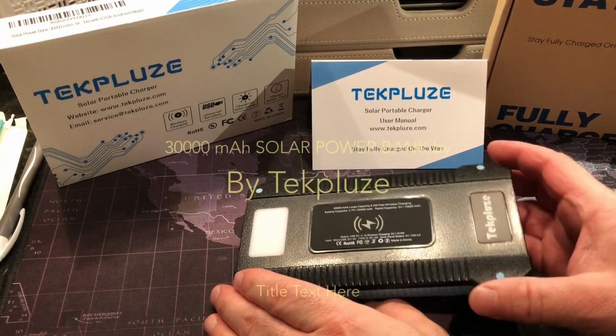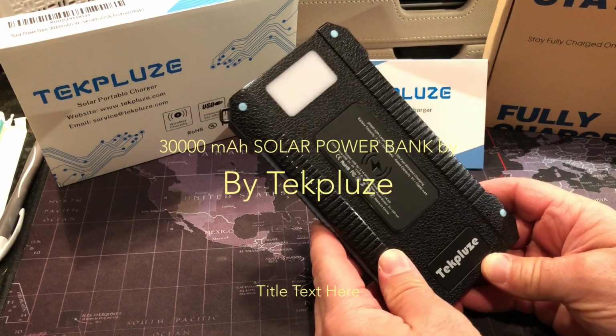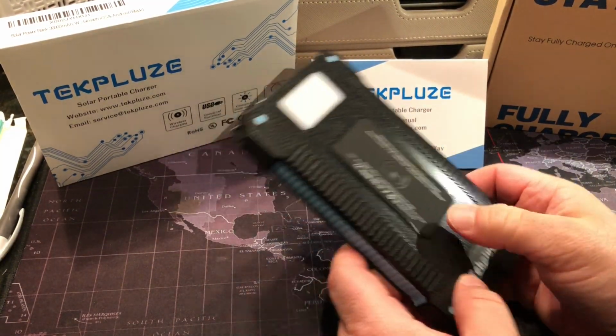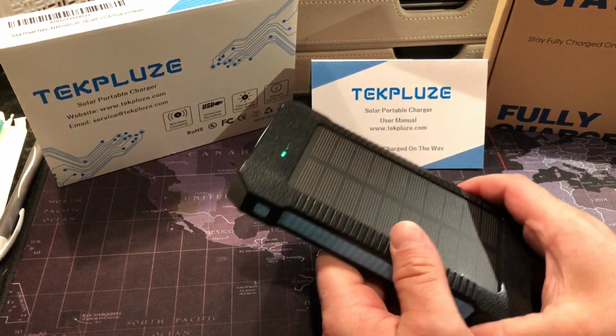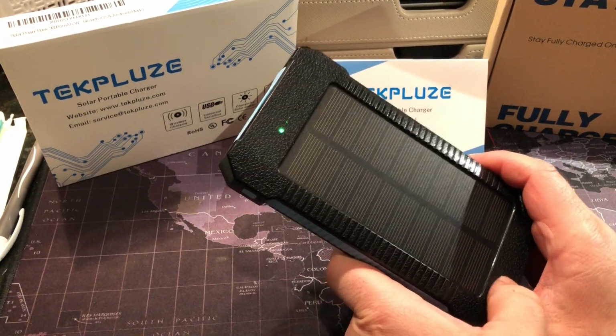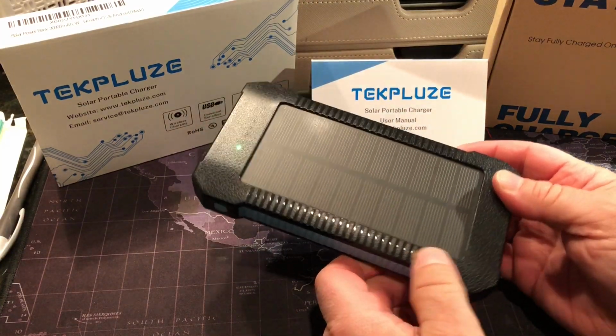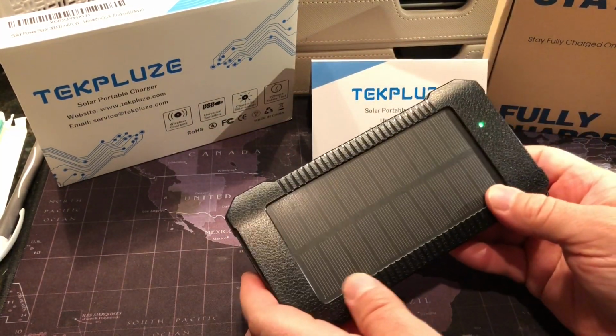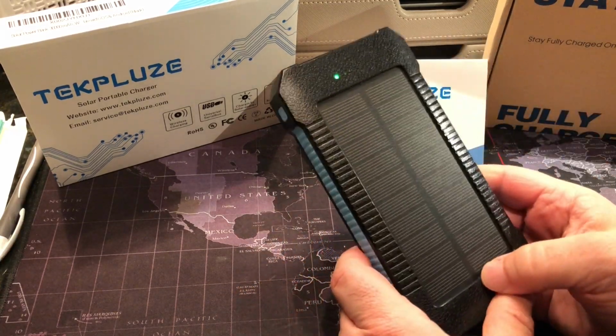Hey friends, so we have the Tech Plus device that I just got from Amazon. This is a pretty nifty solar battery charger. This is a 30,000 milliamp charger I got on Amazon. It's currently not showing available, but there are a ton of other ones, especially if you're looking for one from